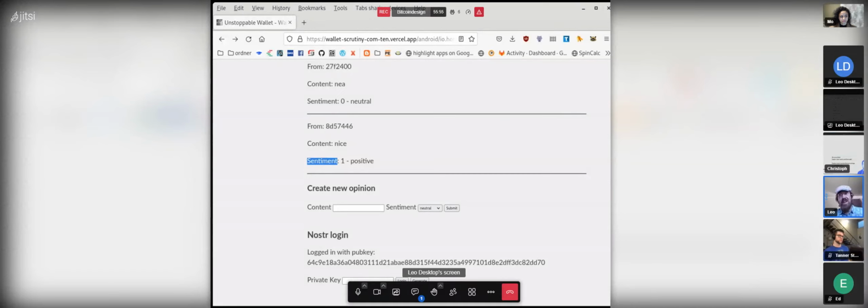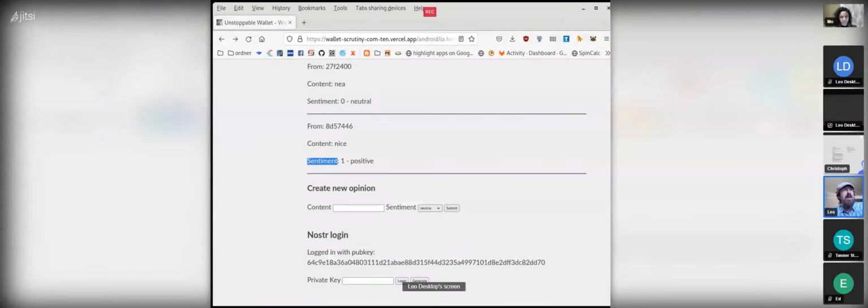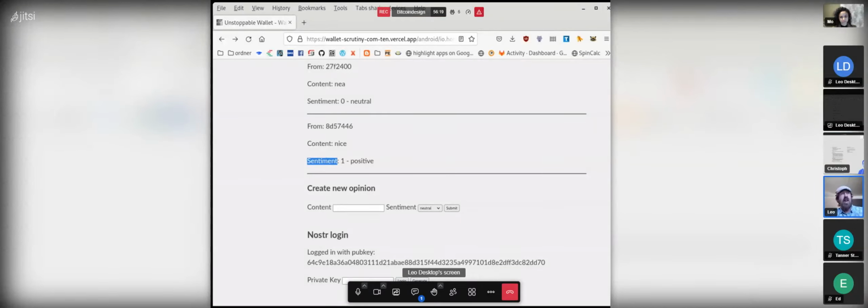What I did right now is just the most simple version of an expert opinion that I could come up with. It is thumbs up, thumbs down, no opinion, or neutral sentiment, and some text. And from there, we can expand with replies, with mentions, with user profiles. You could allow users to put some avatar in there, and all kinds of stuff.